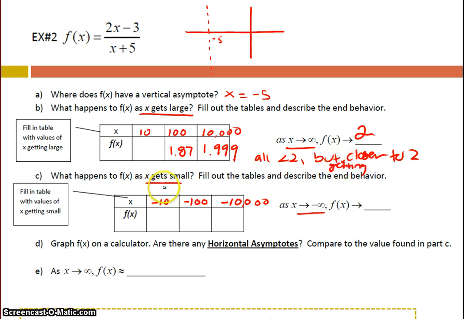What happens as x gets small? When we plugged in values like -100, we had 2.01. For -10,000, we had 2.00, two zeros and then 1. As x got smaller, as x approached -infinity, the function also approached 2. They both approached 2, but these numbers were all smaller, so it approached 2 from below, and here it approached 2 from above. Now we don't use 2 minus and 2 plus to say above and below. That's reserved for left and right. So it's just approaching